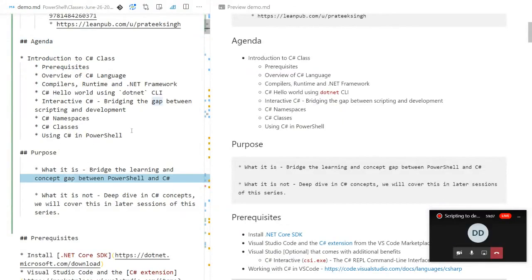The agenda of this talk is primarily C# classes. First of all, we will look into prerequisites, what is required so that you can start your development journey in C#. A small overview of the C# language, what is a compiler, runtime, .NET framework. Then we will do a small hello world using .NET CLI. And then we will use something which is called interactive C# to bridge that gap between scripting and development, because